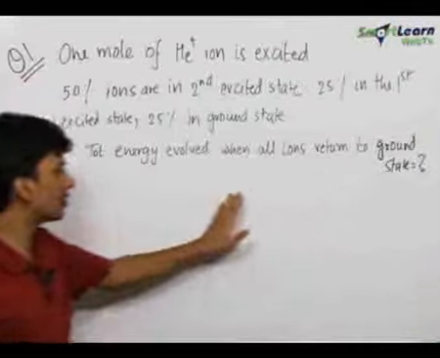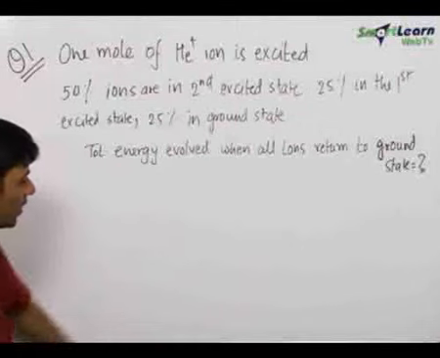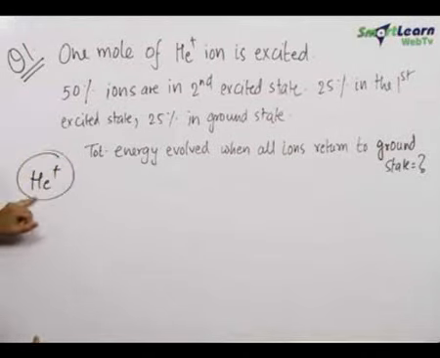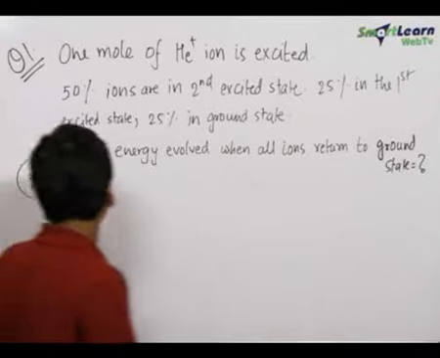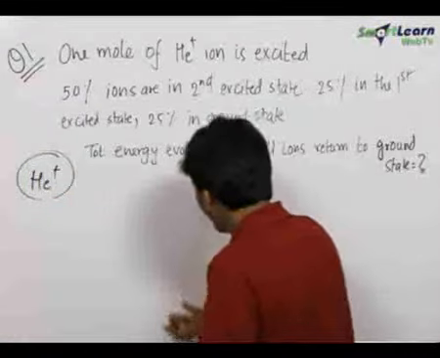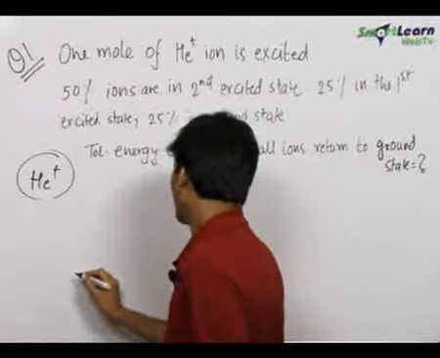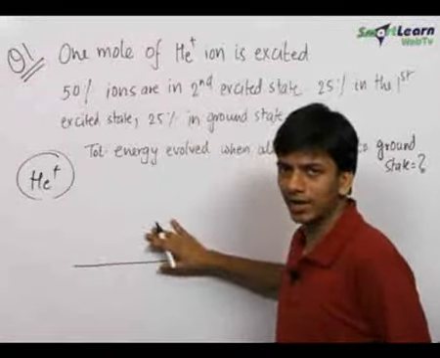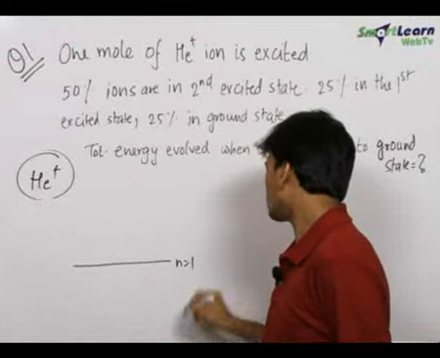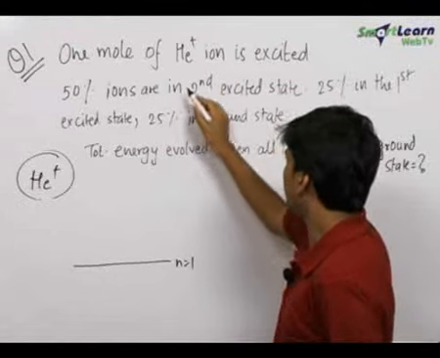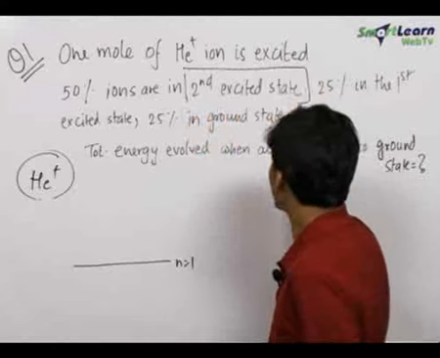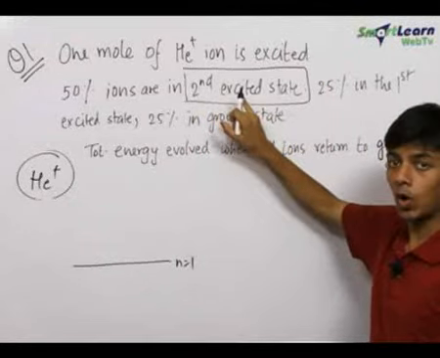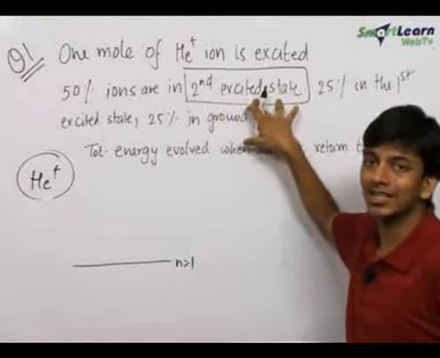So this is a pretty simple question if you know the energy level diagram for helium plus ion. Helium plus ion is a single electronic species that is similar to hydrogen atom, and we can apply Bohr theory to this atom. You must also always know how to draw the energy level diagrams properly. Let this be the n is equal to 1 state, and there is one more thing you should notice carefully in this question. We have been given second excited state. So always be careful when the word excited state is written.